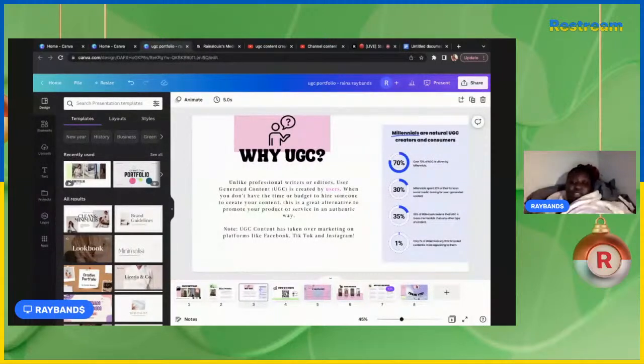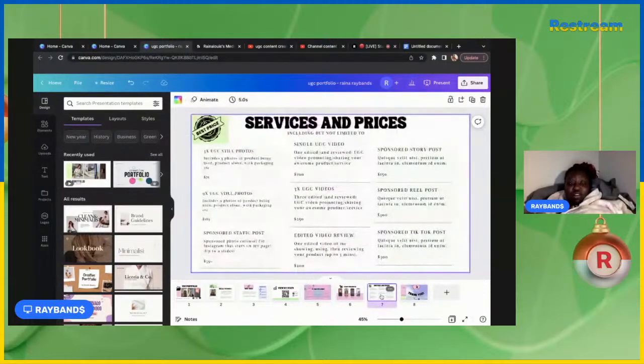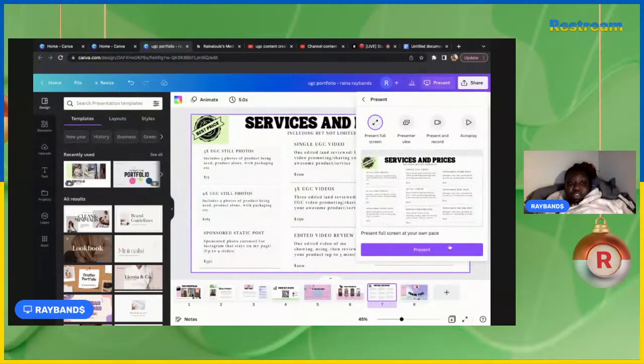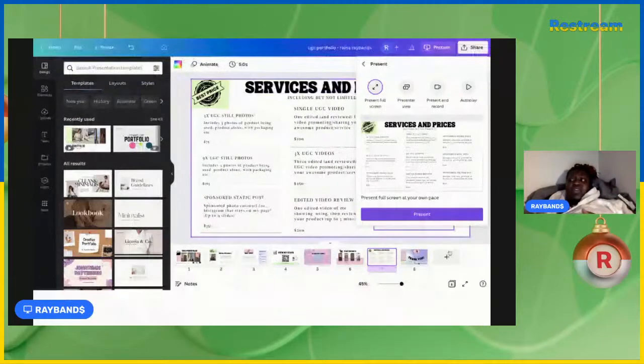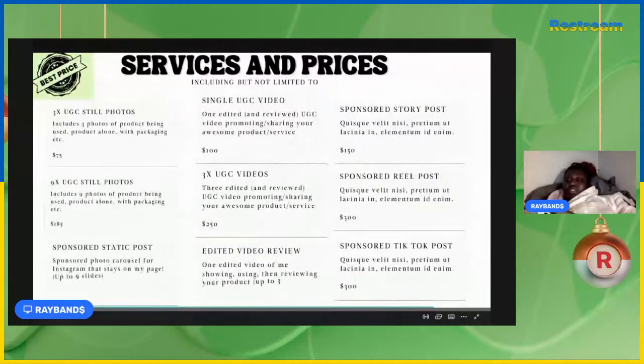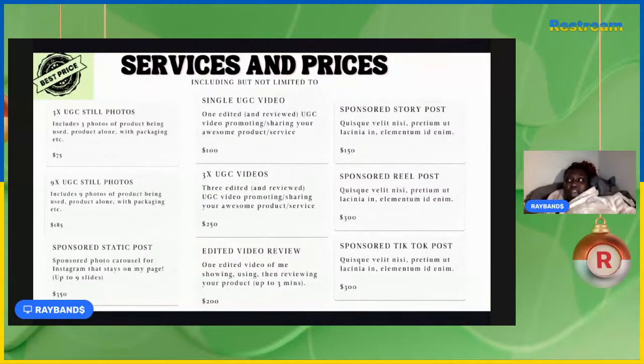I know the next step is definitely pitching, because pricing, you can sit down and determine your pricing. You just got to know the services again. I think that was really the longest portion for me. It's this slide right here. Not only creating it, but actually deciding the prices. They don't share pricing for UGC content, let alone making money off content alone. But as a nano influencer, even having like 2K followers, you can be charging 200 a post and low key